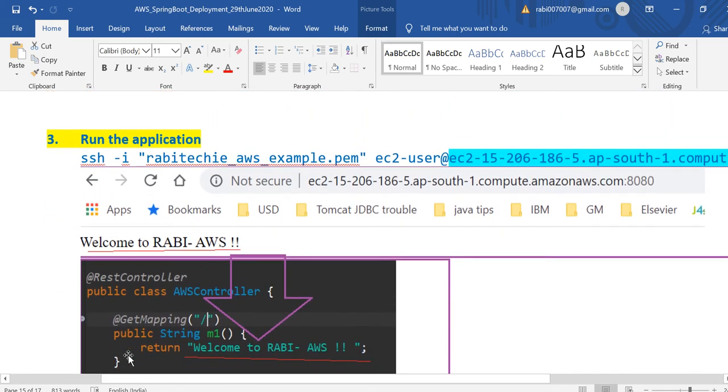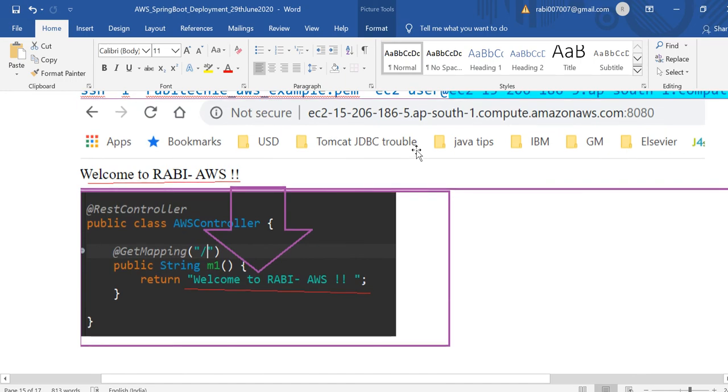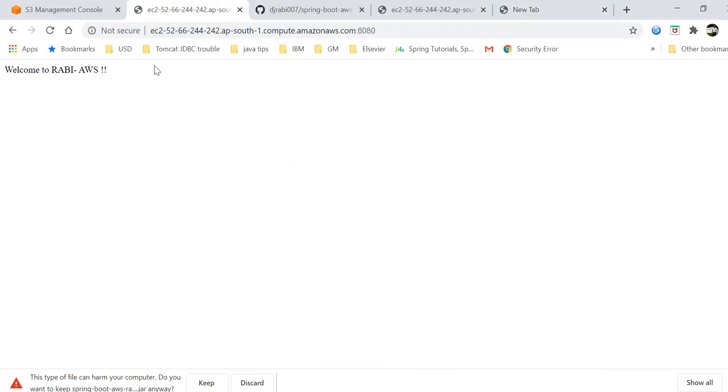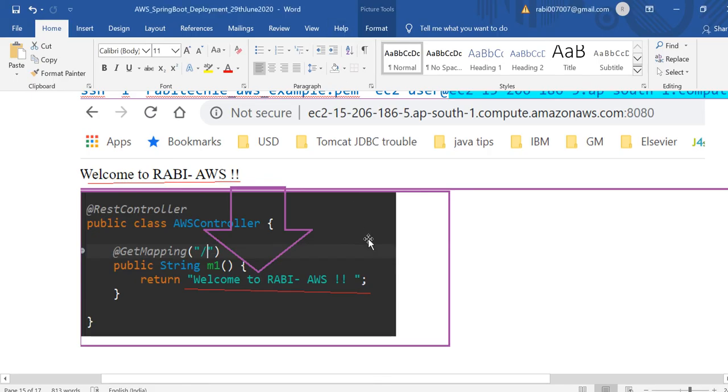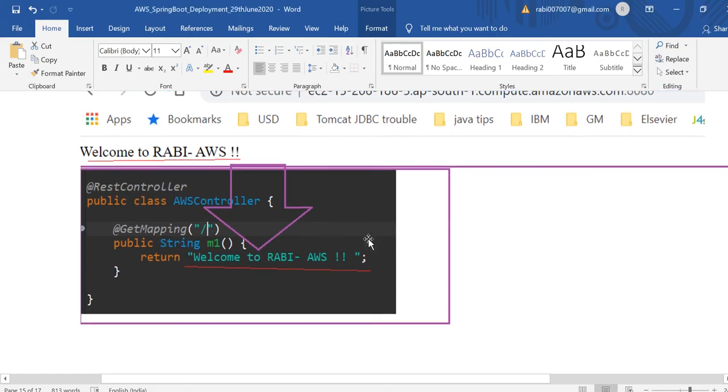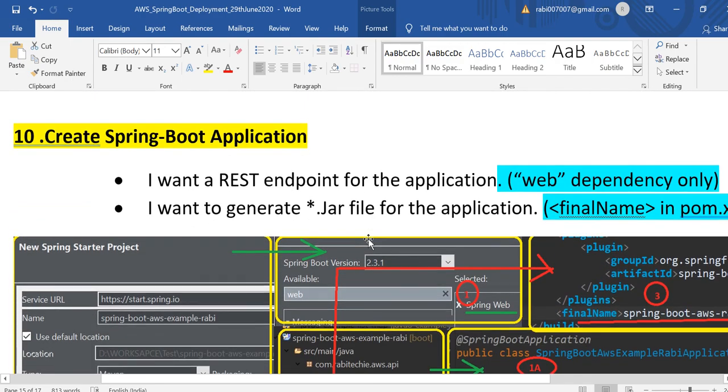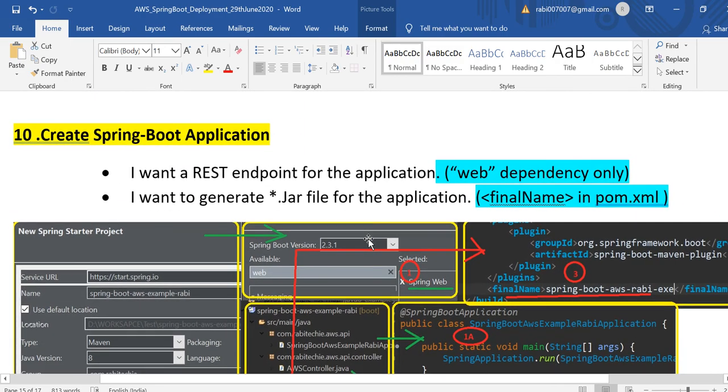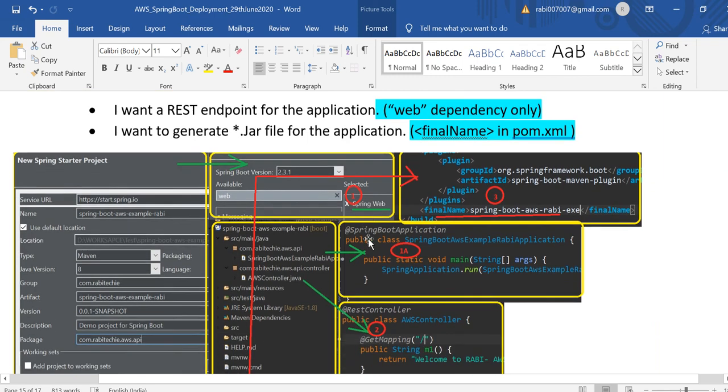When you are running that application, I have already shown that this is the application, since it's on 8080, we are hosting our application in AWS. Creating a Spring Boot application is very straightforward.